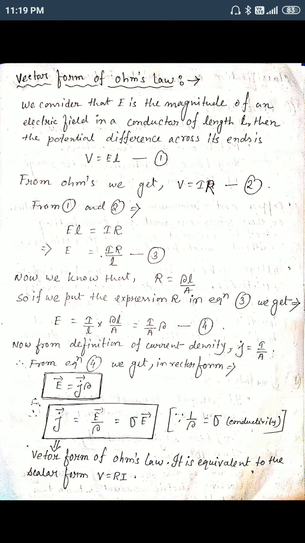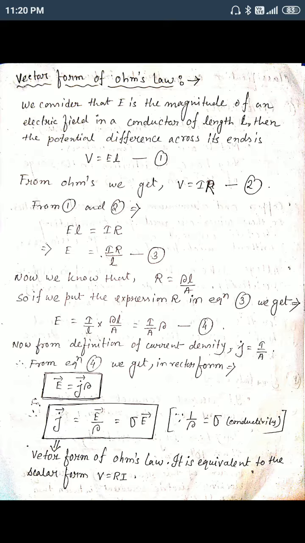So electric field is a vector quantity and current density is a vector quantity, so in vector form E equals J into rho, or J equals sigma into E, where 1 by rho gives us the conductivity sigma. This gives us the vector J equal to sigma E, which is the vector form of Ohm's law, equivalent to the scalar form,